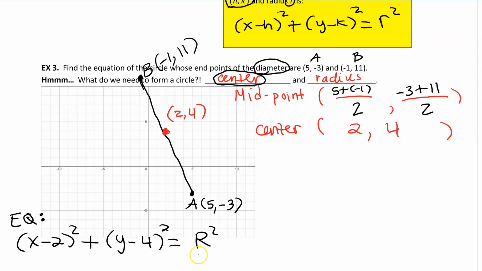I need to go and find out what this radius is. How do I find out what that radius is? Again, our famous mathematician Pythagoras. Can't spell today. Pythagoras would say, in a right triangle, which we do have,